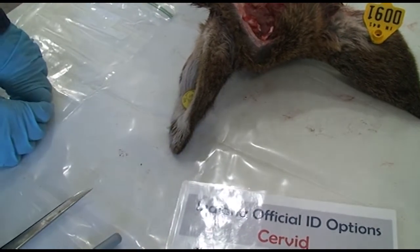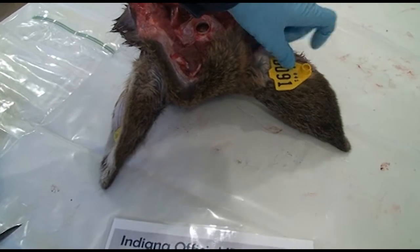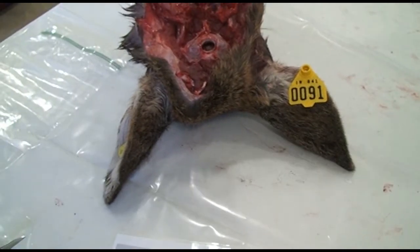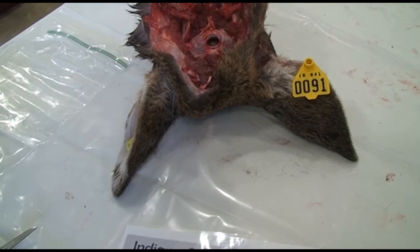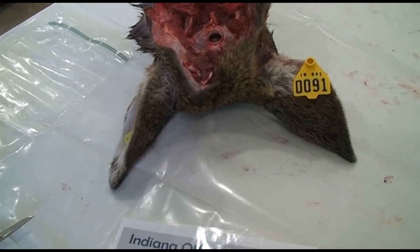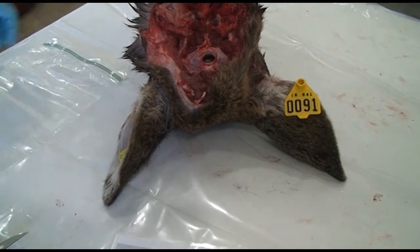Now we don't have to have that on the farm tag. This is just a farm tag. We do not have to have that. The reason that they want the piece of ear tissue is if we would have a positive, they can use it for research, they can use it for genetic sampling and DNA, and they have to have fresh tissue for that. So our ear tag with a piece of ear tissue is going to go in